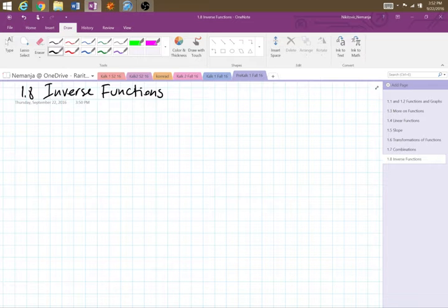So we're going to talk about inverse functions, one of the very important, very useful concepts in mathematics. We start with the notion that in certain cases in life, you are able to undo things you do. For instance,